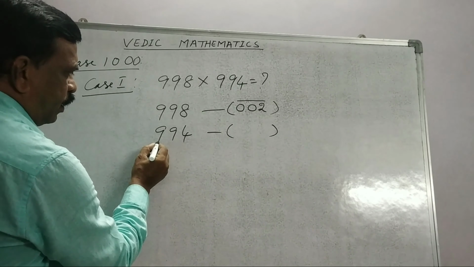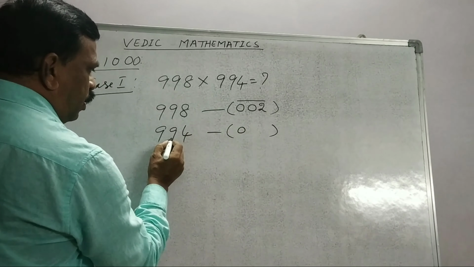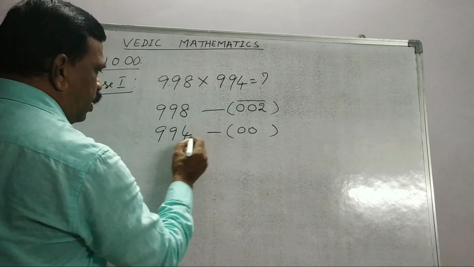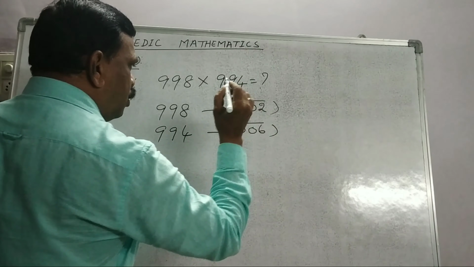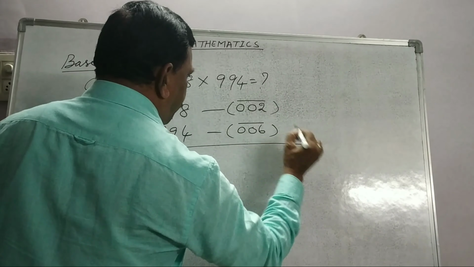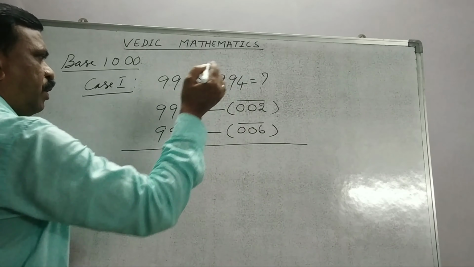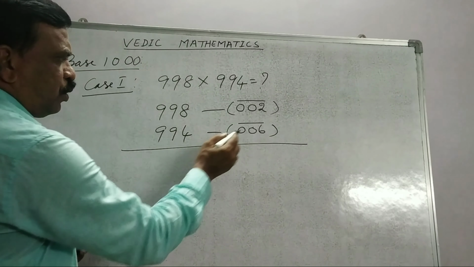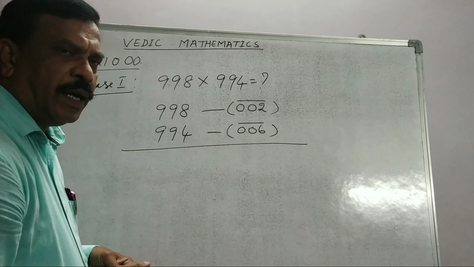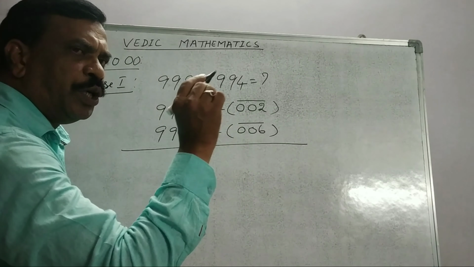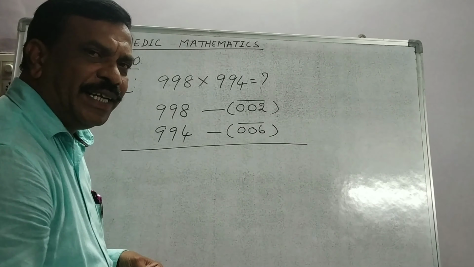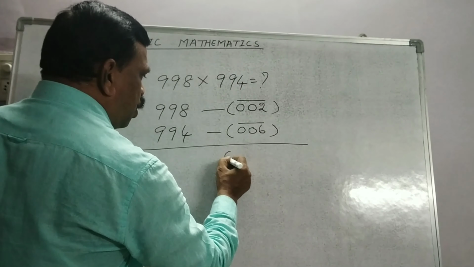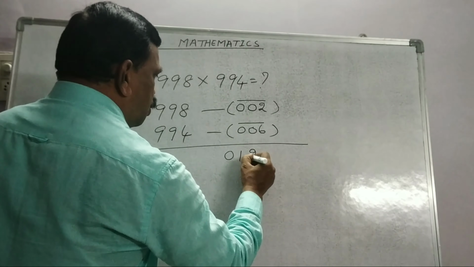And here also 9 complement is 0. Here 9 complement is again 0. Here complement of 10 is 6. This is also again a negative number. Now here minus into minus will become plus. So 6 twos are 12. 12 means we are getting only 2 digits, 1, 2. But we should not write 2 digits here, we must write 3 digits. That is 0, 1, 2.